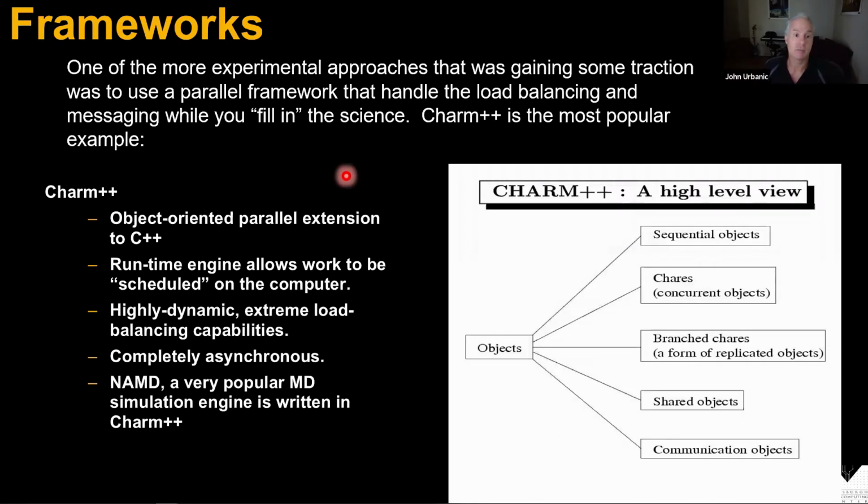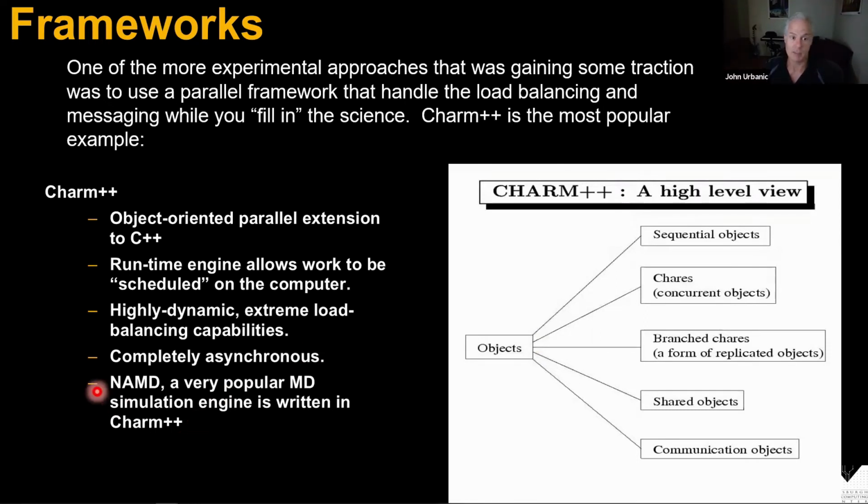Well, it's not a big leap from there to the notion that, hey, why don't we have some great MPI programmers, some computer science enthusiasts, write us that nice framework that does all the techniques I've talked about, like overlapping computation and communication and optimizing all the message passing, do all the really nifty, great stuff, do really good load balancing, and then let us just drop in our science. Let us just plug in that science part of the code and let it do all the other stuff. And indeed, that is a good idea, to the point where Charm++ is a framework that has done that. It has done it very successfully with a very important application, NAMD.